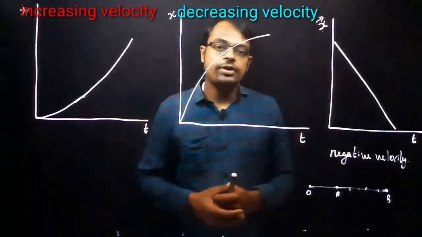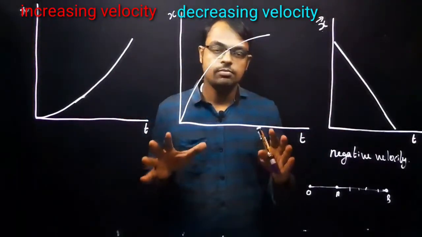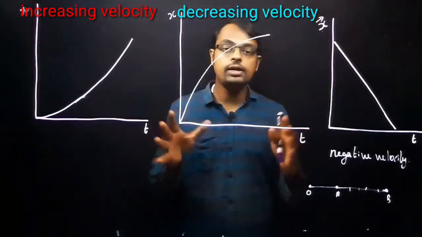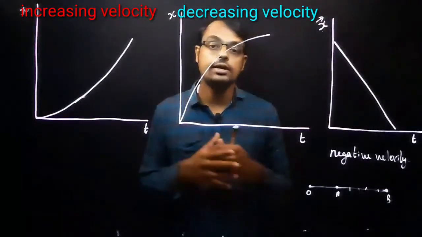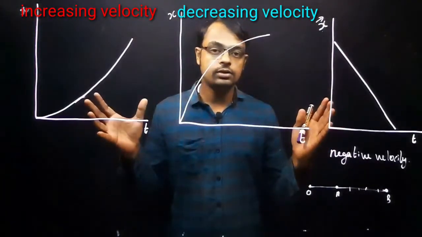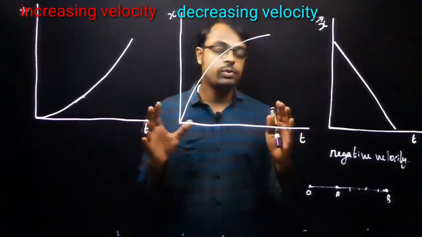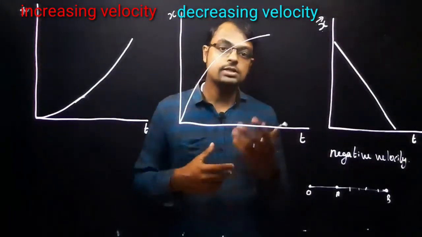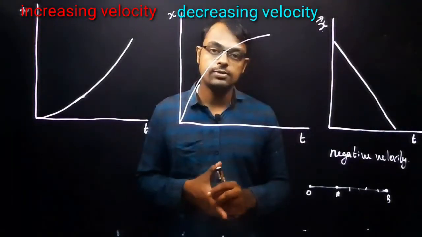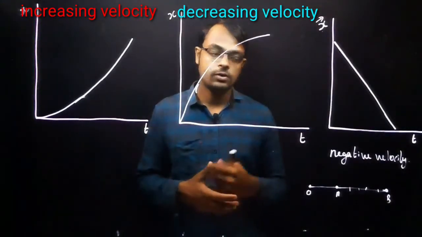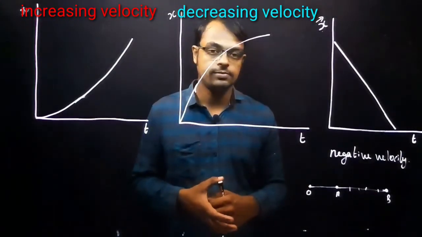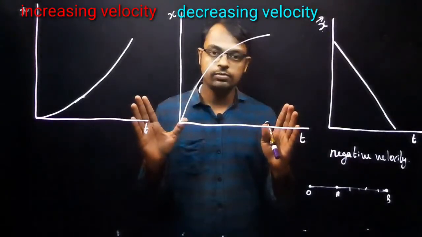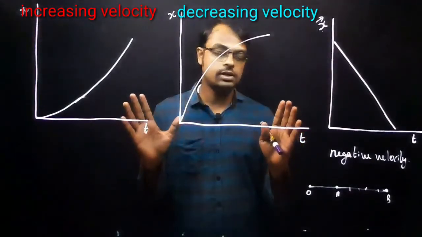So these are the different types of graph we have discussed, mainly the position time graph. In that, we have mainly discussed the displacement time graph. You can use the same type of graph to explain the distance time graph also. Now we'll be discussing other types of graph in the next class, that is the velocity time graph or speed time graph, etc. I hope you understand the concept of the position time graph. So please go through it and understand the concept clearly.